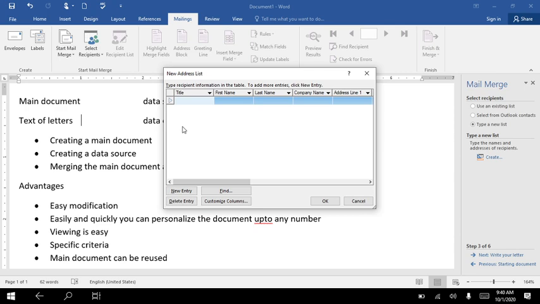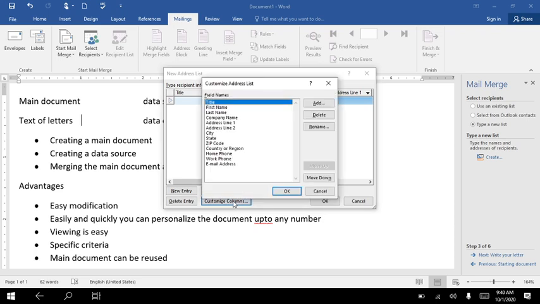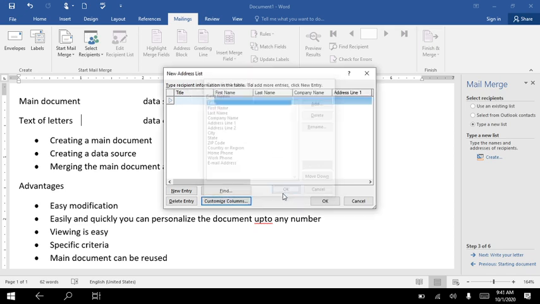Once you do that, customize columns. You can just customize the columns. Click on customize columns and the customizing column dialog box appears. You can see addition, deletion, renaming, move down, and cancel and okay. So here it gives title, first name, last name, address line 2, city, state, zip code, that's the pin code, then country or region, home phone, work phone, email address, etc. If these things are okay, you can click on OK.